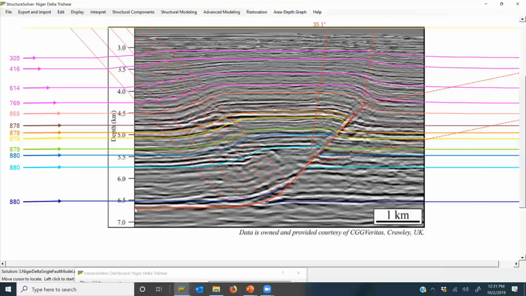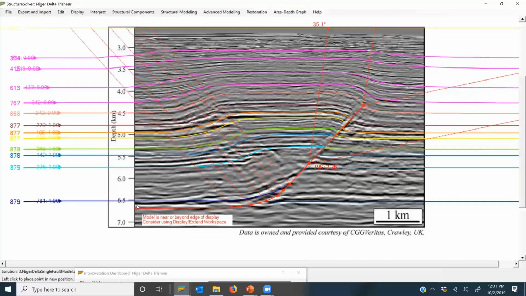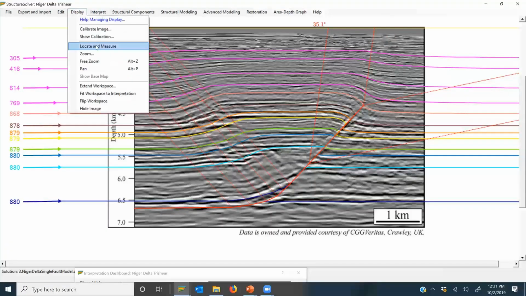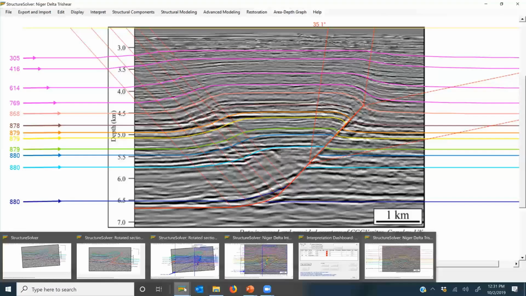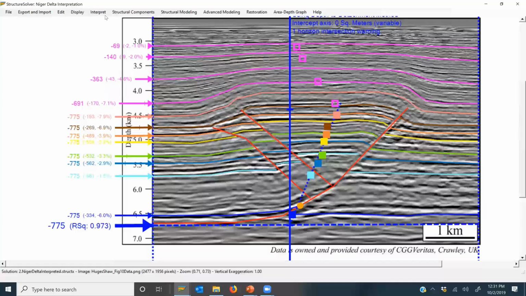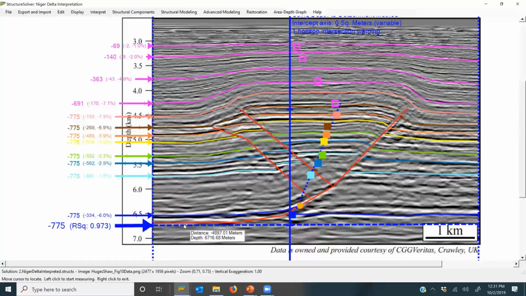So again, we arrive at that computed detachment by changing the geometry of the fault model until it matches the seismic data, and the computed depth there from the forward model is about 6.7 kilometers, whereas the area depth method applied to this interpretation gives us a computed detachment depth of 6.7 kilometers. So the two are entirely complementary in terms of what you get out and providing sort of independent estimates of